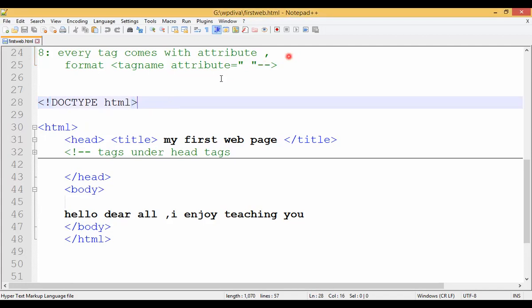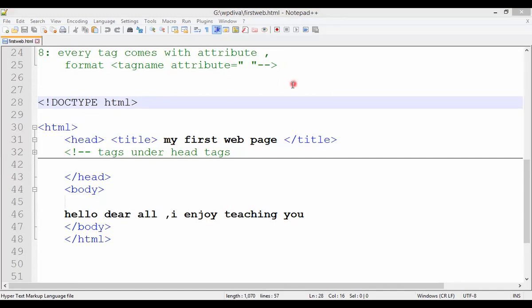So why do we need this tag here? We need this tag because it will tell us the version of your HTML. Okay, it will tell us the version of HTML, and by default nowadays we work with 5.0. That is the reason this declaration will appear. So if you do not write that doctype html and you directly go for html, it is considered as below the 5.0 version of HTML, right?